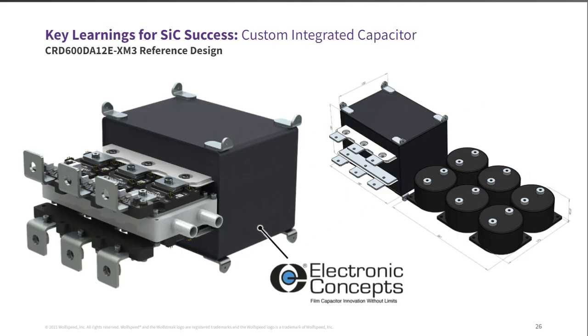And so with that dual power core, what this double-sided cold plate helps us achieve is, when paralleling modules, you want to keep the commutation loop for each module very symmetrical and the same. And so with this kind of sandwich approach, we engaged with Electronic Concepts to develop this custom capacitor. So this is a custom DC link capacitor with integrated busing. So as you can see on the right here,